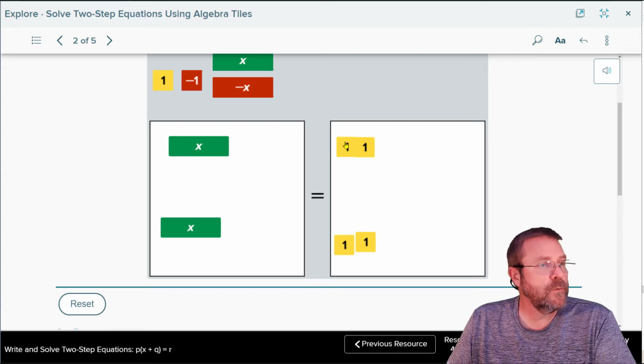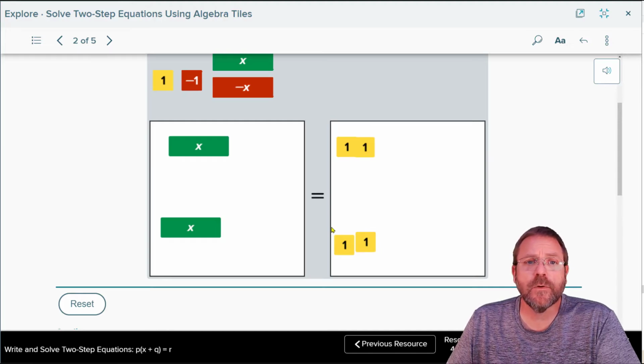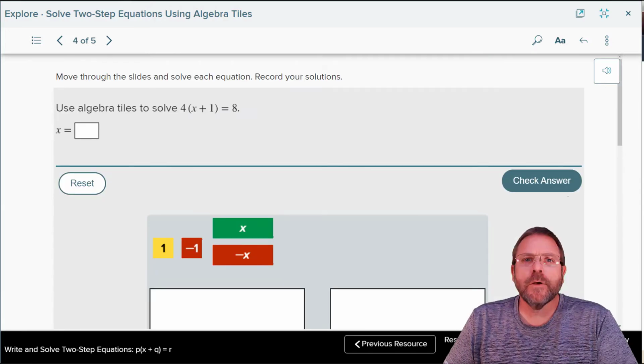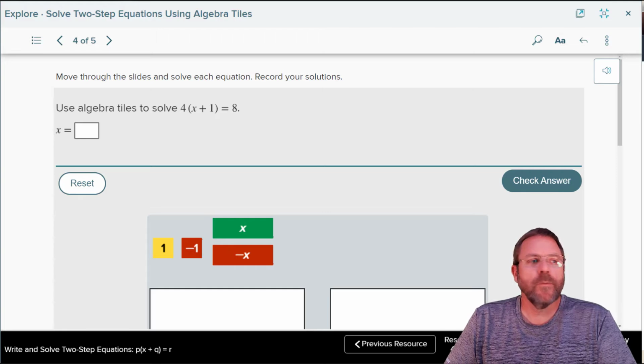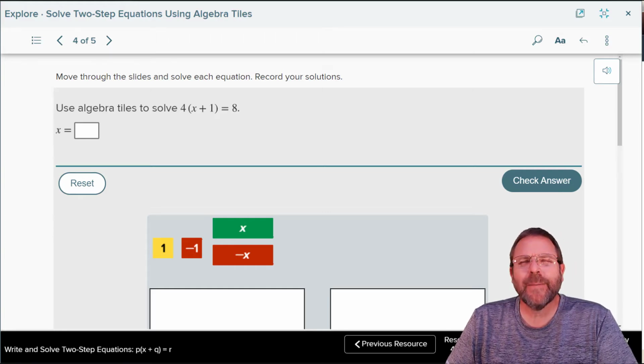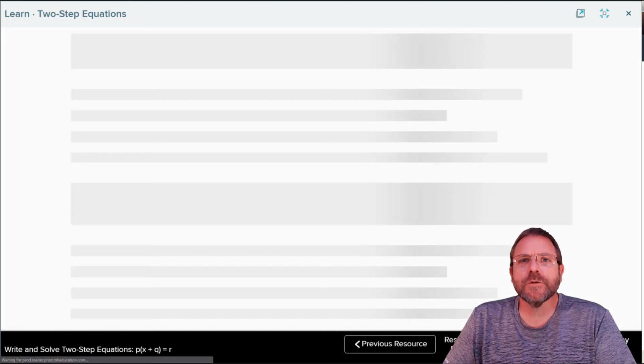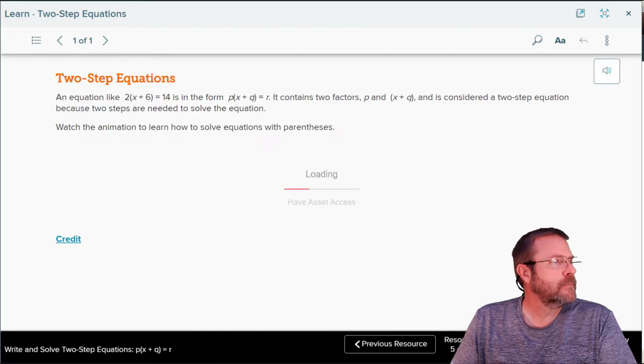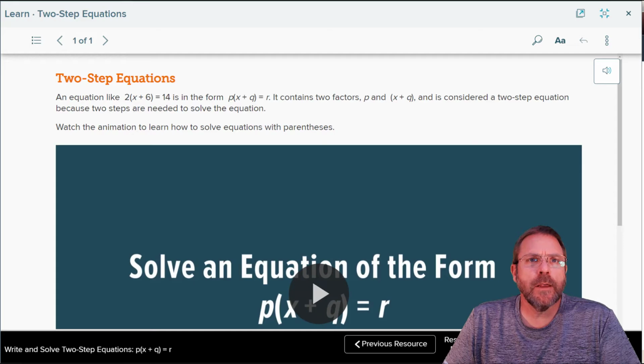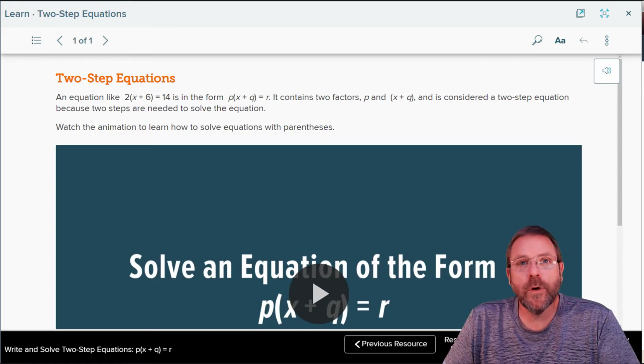You got 2 x's and 4 here. You divide both sides by 2. x is equal to 2. Easy math. Now your textbook offers another similar type problem here that you can do on your own. I'm going to skip this one because I would much rather get into solving some real equations than playing with toys. An equation like 2 times the sum of x and 6 equals 14